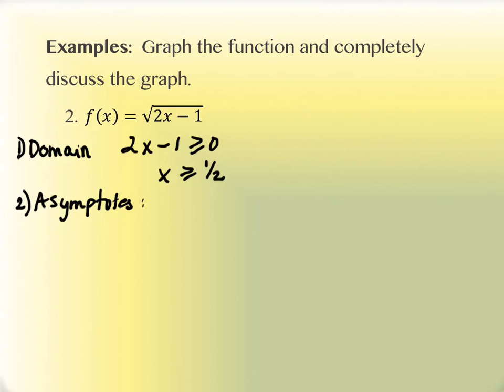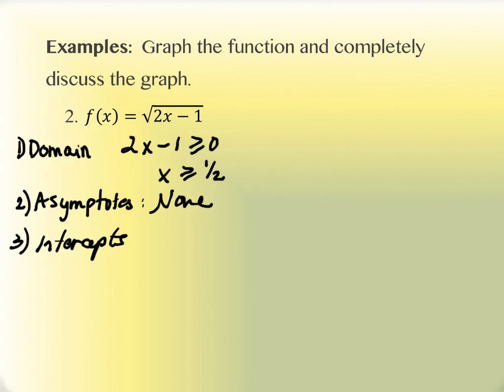What? There aren't any. This isn't a rational function, so I don't have any denominators. If I had a denominator, we could talk about vertical asymptotes, and then we would look at whether or not maybe we had horizontal ones. We don't even have a denominator, so there aren't any asymptotes on this. There's none. Now, intercepts,